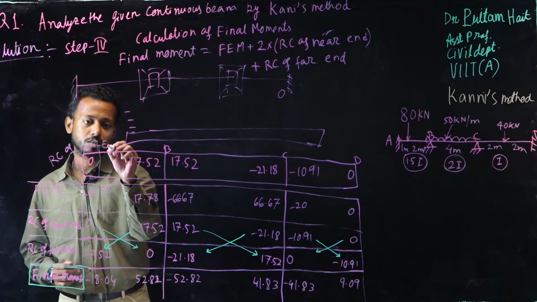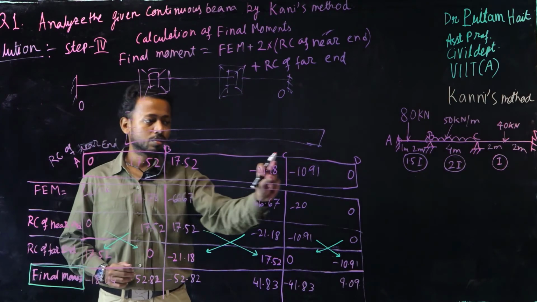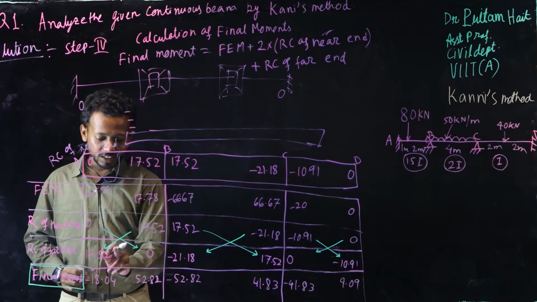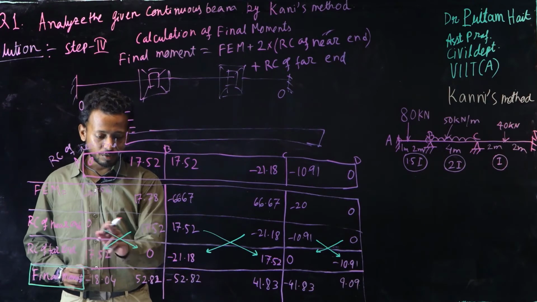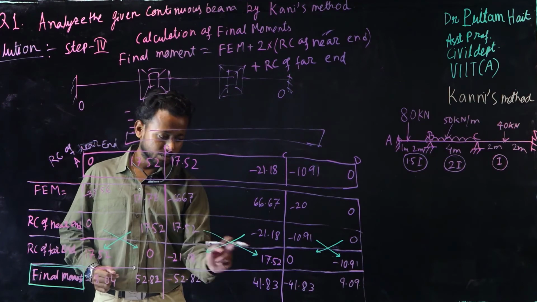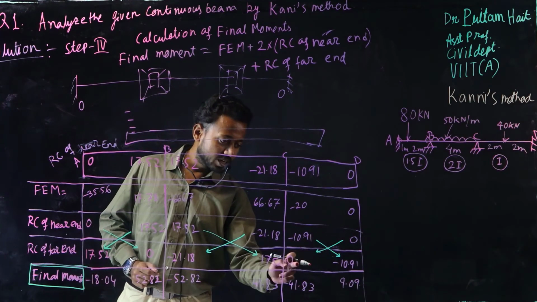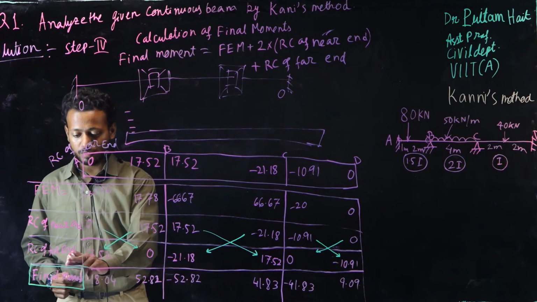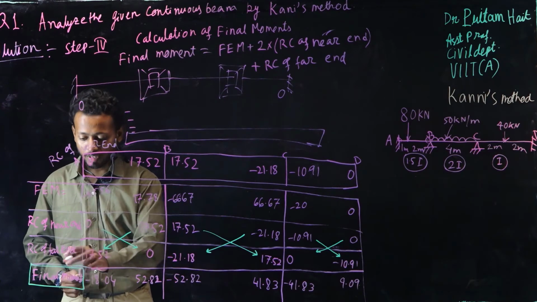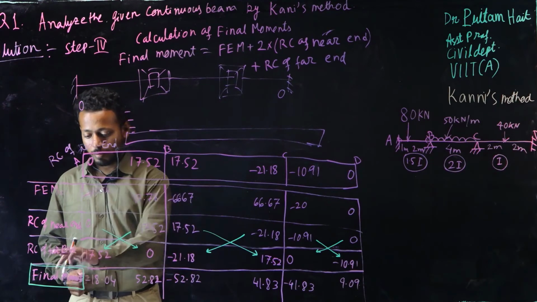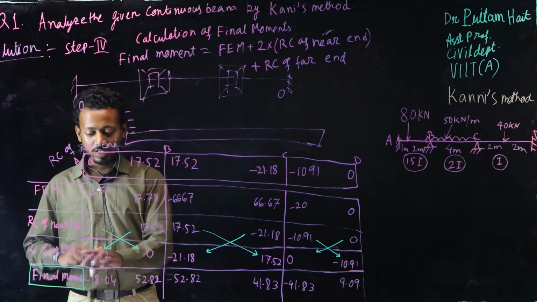Near end, this is the rotation contribution of near end, and if you reverse it, bring this here, you write this moment here, and this moment here. If you reverse this moment, you will get rotation contribution far end. Very easy. So you have obtained rotation contribution near end, you have reversed those moments, and you have obtained